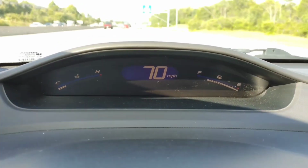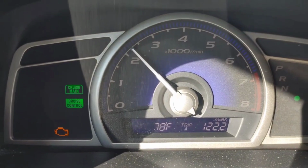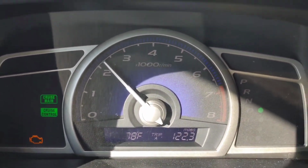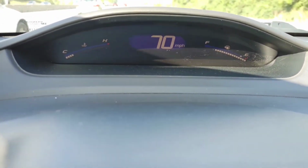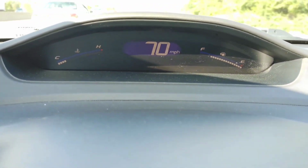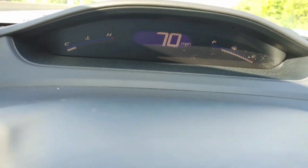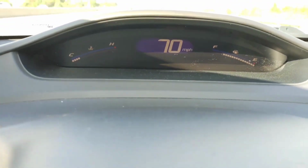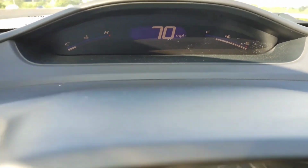A common problem with these Honda Civics is the check engine light came on, and when I use my scanner, it comes back as coolant temperature below threshold. And as you can see, 70 miles an hour. I've been driving for about 30 minutes now. We only have 4 little marks there on the temperature gauge, which helps us pinpoint that it's the